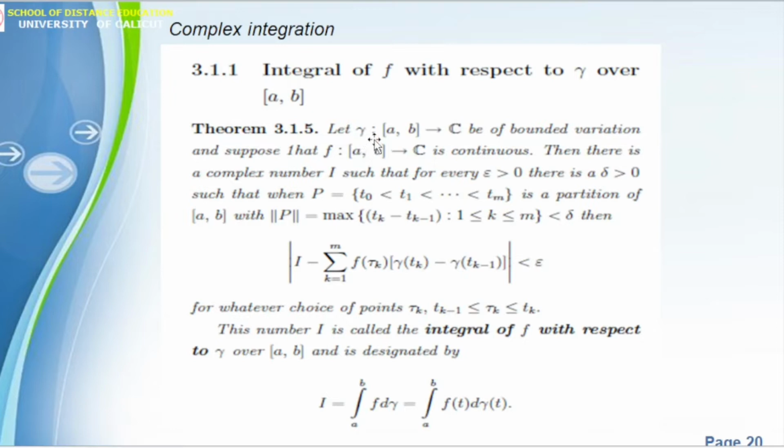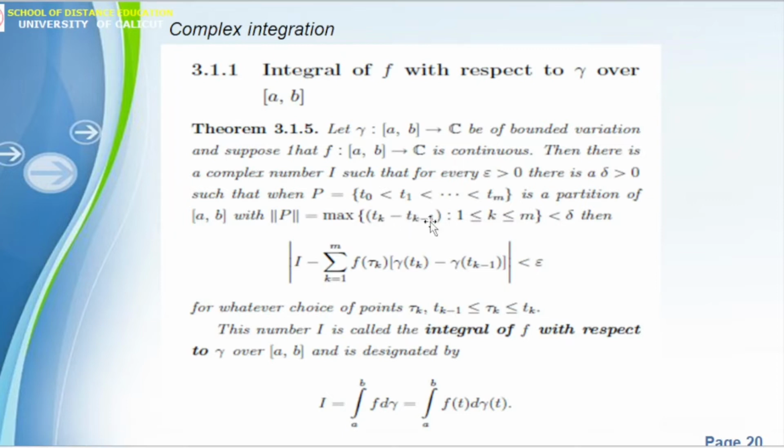Let gamma be a function from the closed interval [a, b] to C of bounded variation, and suppose that f, a function from [a, b] to C, is continuous. Then there is a complex number I such that for every epsilon greater than 0, there is a delta greater than 0 such that when P is a partition of the interval [a, b] with the norm of P, the maximum of the partition interval lengths, that is the maximum of tk minus tk minus 1, where k varies from 1 to m,